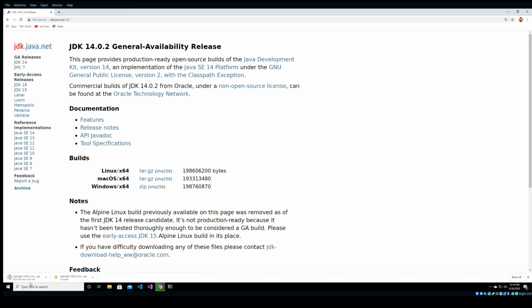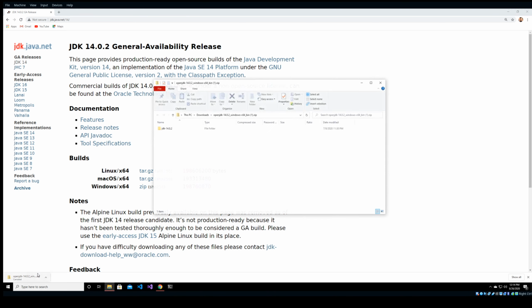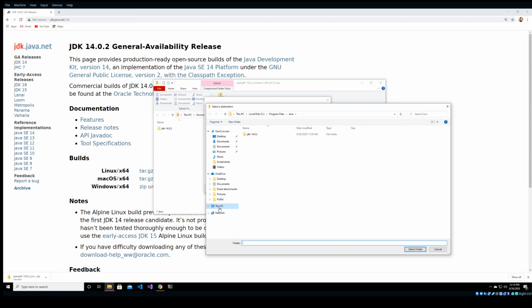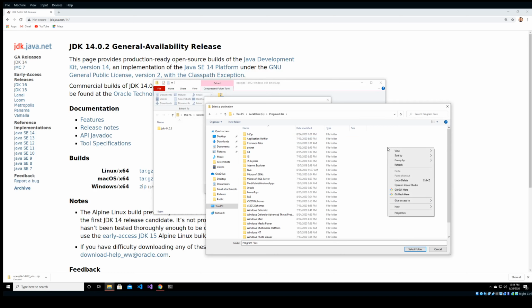Just to show you guys how to extract and do everything here, because extracting it can be a little funky. So when this is totally done being downloaded, go ahead and click on it, or just open it up. And you should be brought to this extract folder thing, JDK 14, beautiful. So we'll go ahead and extract, and instead of extracting here, we're actually going to click on browse and go to This PC, Local Disk, Program Files, and we're going to create a new folder in here and name it